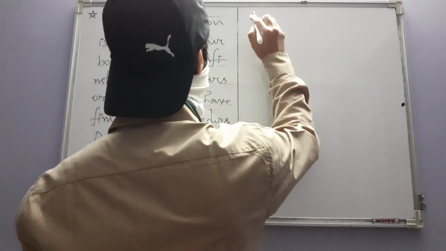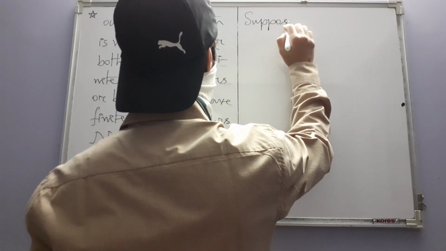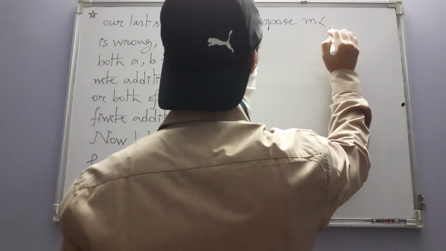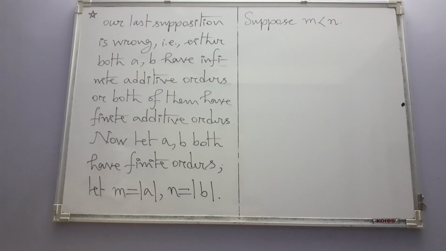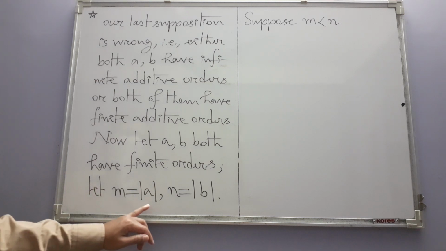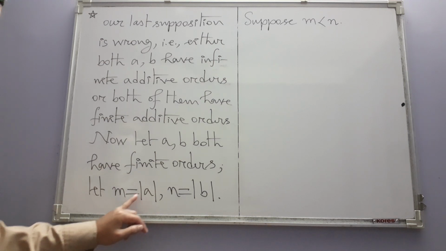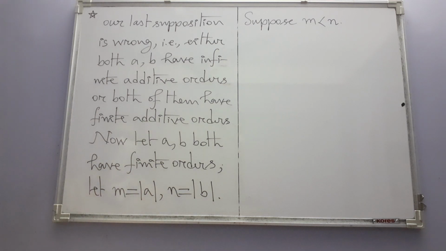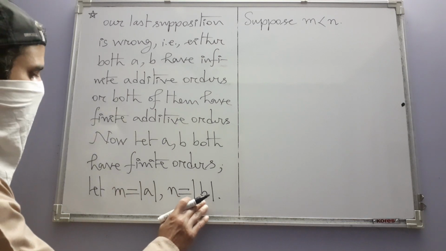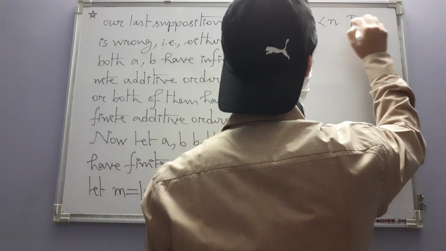Now suppose, without loss of generality, that M is less than N. Okay, if M is less than N, then which one should I take? With M I should take B. With M, if I take B, that means I have to take B as well as A. So the larger one is this one. Okay, let me try like this. Then